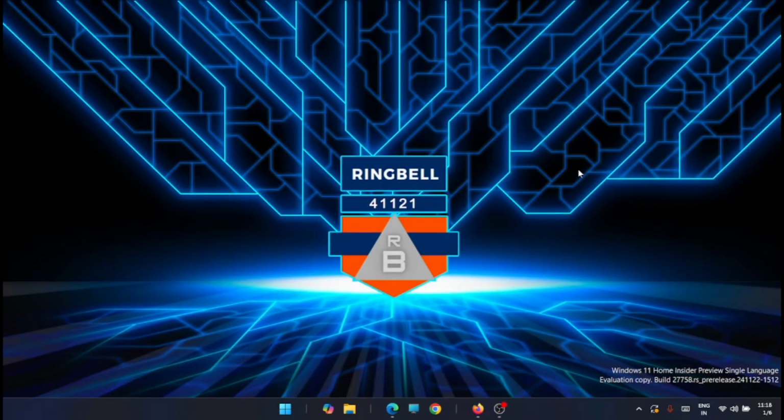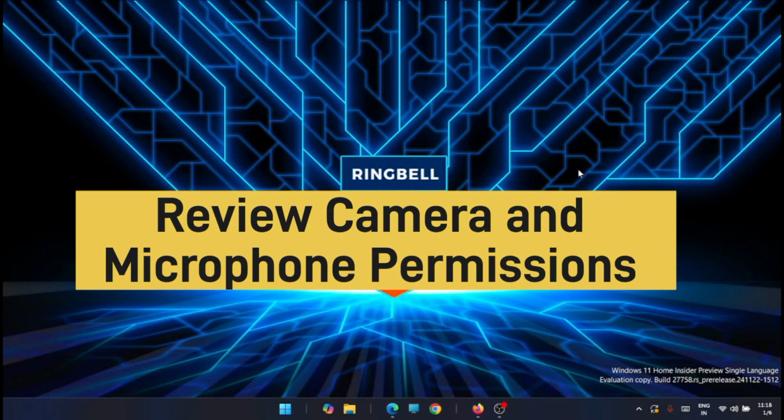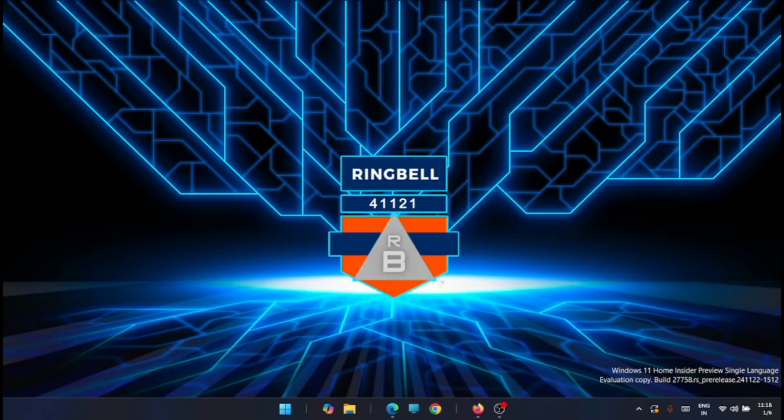Now the eighth option which you should consider is to review which apps have camera and microphone permissions. Your camera and microphone are among the most sensitive devices on your PC, as they can capture private moments or conversations without your knowledge. Some of the apps will be silently monitoring you, but disabling the camera and microphone access entirely may not always be practical. So you have to address the apps one by one to make sure which app is using your microphone